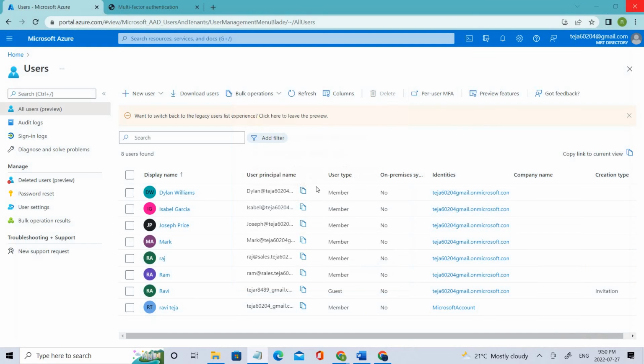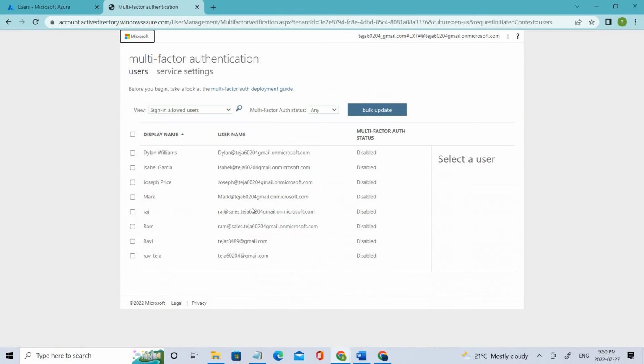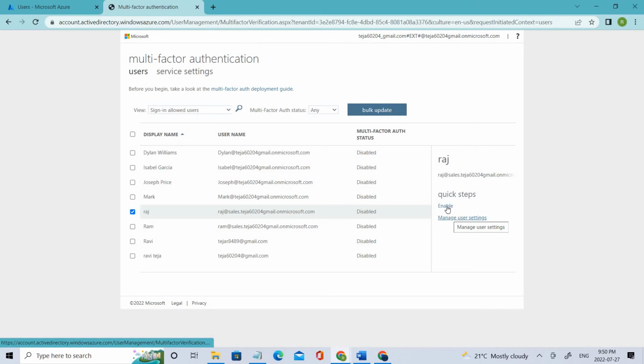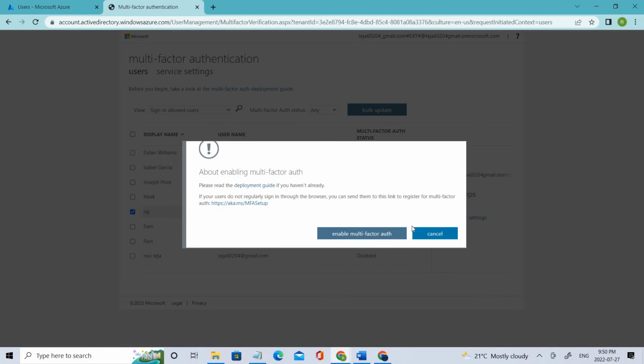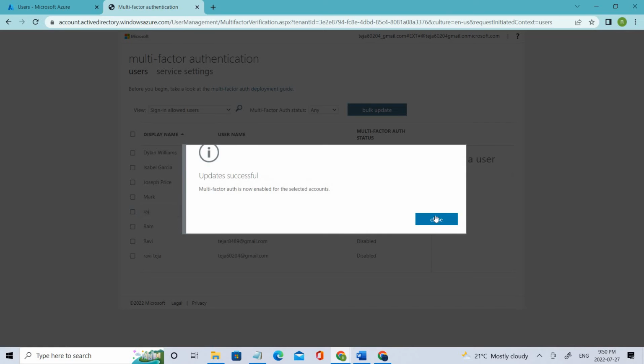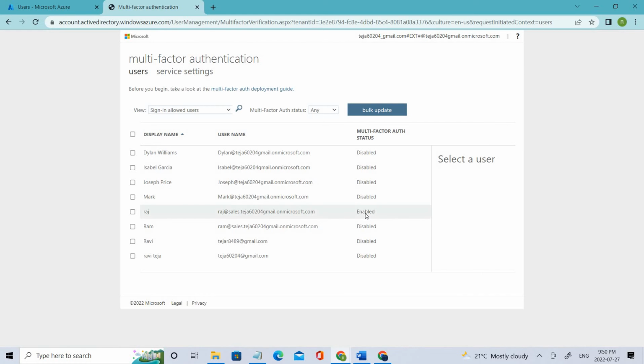But let me delete this and let's add the multi-factor authentication. You can even enable multi-factor authentication from here. Right now everything is disabled. So in this case I'll be clicking Raj, and here you have enable and manage settings. So in this case you just have to click enable and enable multi-factor authentication. Click, and if you click, we have an option here in which we can enforce the user to use the